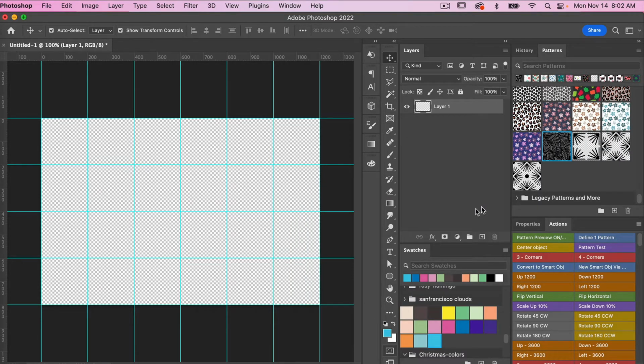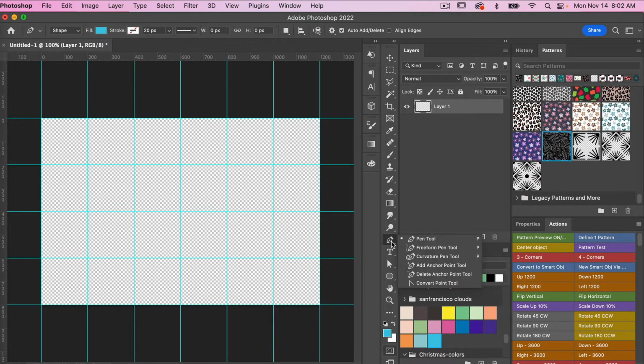And then I'm going to access the pen tool. That is P on the keyboard. If you right click here, you see there are a number of pen tools here. We're just going to go with the basic pen tool. And then I'm going to go ahead and hit D on the keyboard just to get to my default colors here. And then just starting here at the second line here at the top,